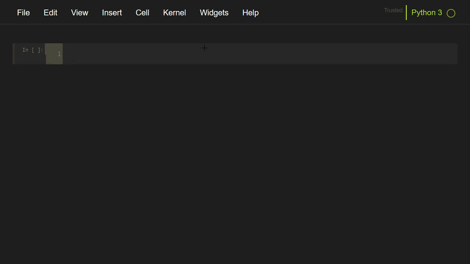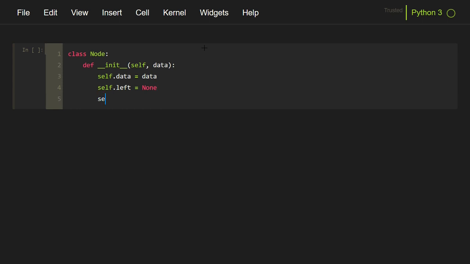Before defining the tree structure, we need to define the node class. So I will create a class, I will name it class Node, and I will define its constructor by defining the init function. Apart from the self parameter, this function will have a data parameter as well. We will set self.data = data. This will be the data of the nodes of the tree, and the tree that we are considering in this problem will be a binary tree. So each node will have two children: self.left = None and self.right = None. So this is the entire code that we need to write for the node class.